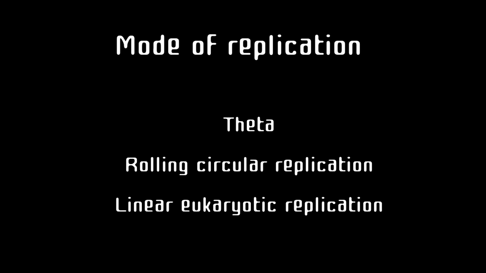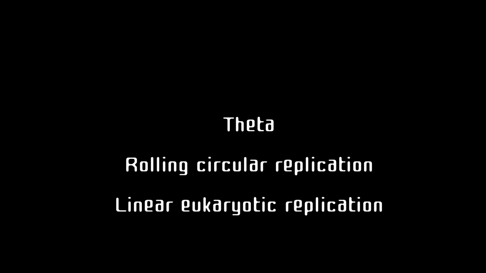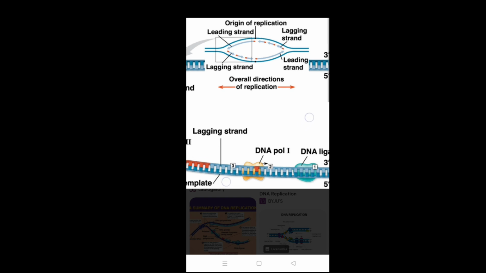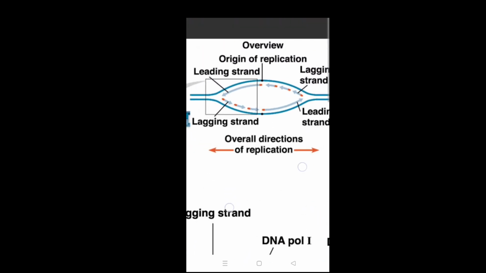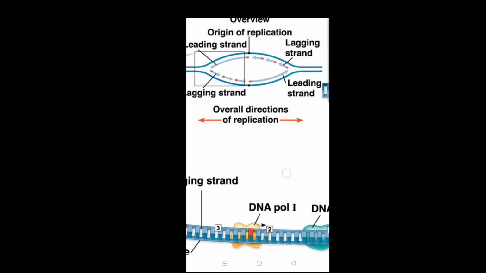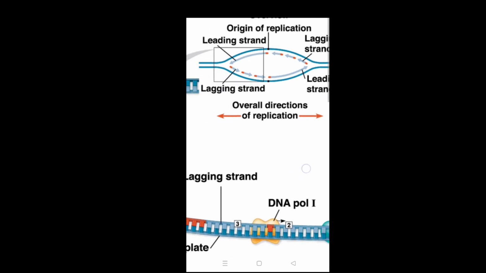So what are the modes of replication? They are theta replication, rolling circle replication and linear eukaryotic replication. The individual unit of replication we call a replicon, and it consists of its own origin, which we call the replication origin. Replication starts at the origin and continues until the entire replicon has been replicated. Bacterial chromosomes have a single replication origin, whereas a eukaryotic chromosome has